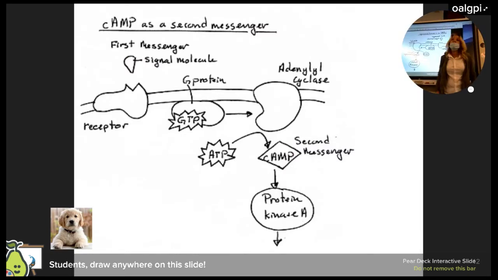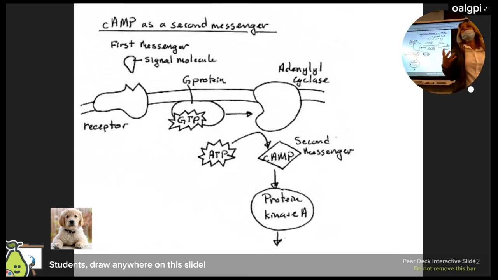Second messengers, right? And we saw cyclic AMP was one that was used several times. We talked again about that signal molecule. What kind of hormone would this be if we're using a second messenger? A ligand is anything that's going to bind, but tell me what kind of hormone might this be? A water soluble, a protein hormone, right? Because it can't come in. And it has a receptor, which triggers a G protein, which triggers adenylate cyclase, which makes ATP become what? Cyclic AMP, right? And that is your second messenger.